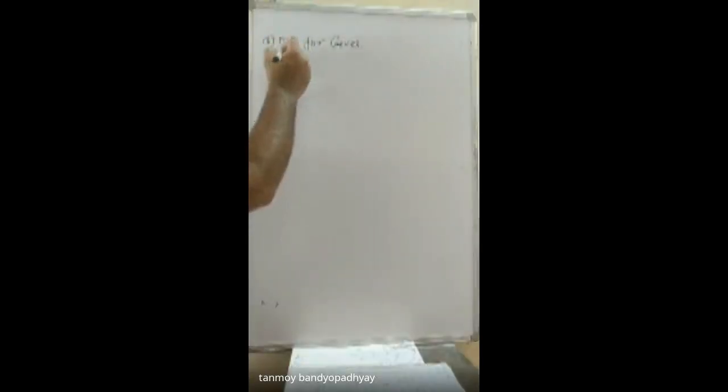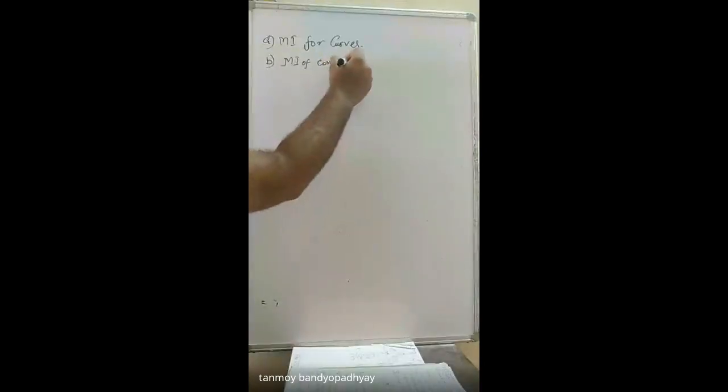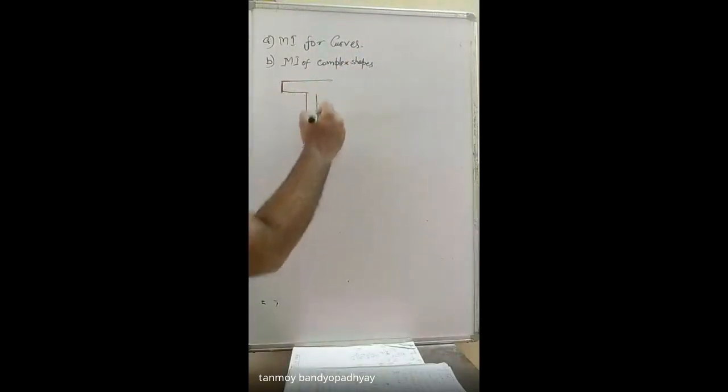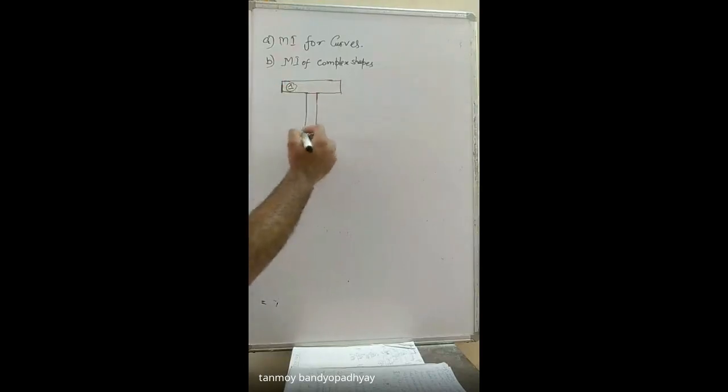Another thing that we'll be doing is the calculation of the moment of inertia of composite shapes or complex shapes. Complex shapes means suppose a T section. You carry a T-square when you go to the drawing lab. The T has a cross section that is T in shape. So it's actually made up of two rectangles. I hope you can understand.